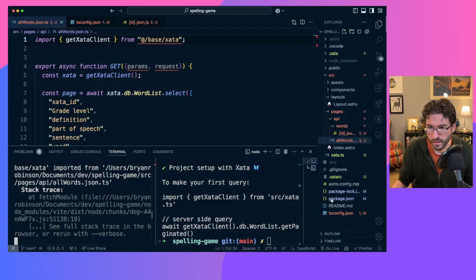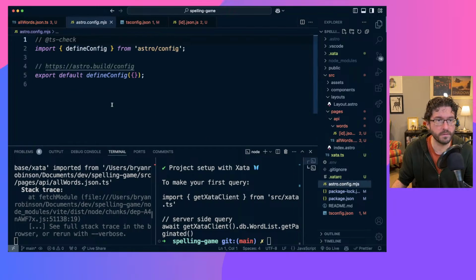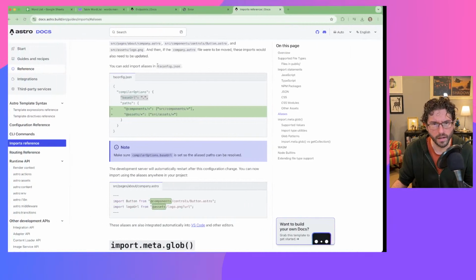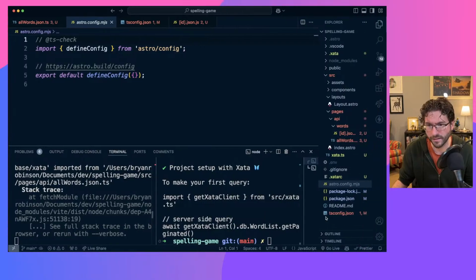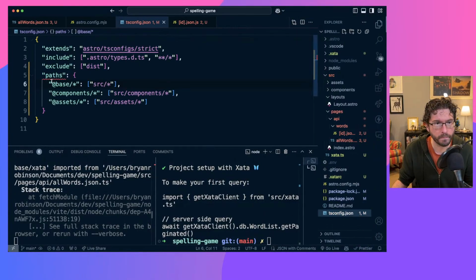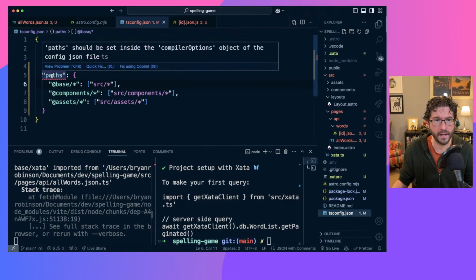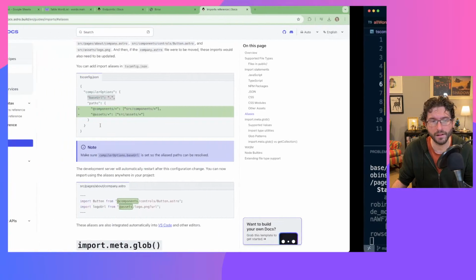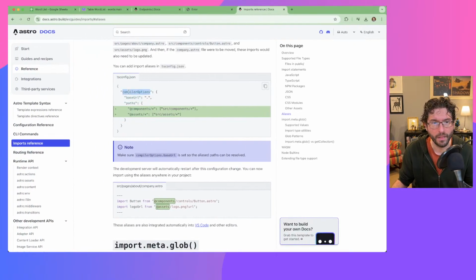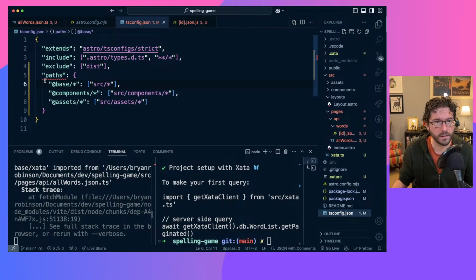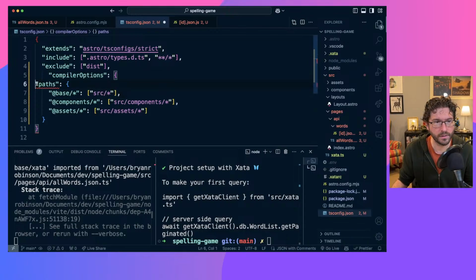Let's see. Astro config. Where are you? Astro config. No, not Astro config. tsconfig. Oh, it didn't like paths. Paths should be set inside compiler options. Aha! That's our issue. All right, compiler options, indent all our code,